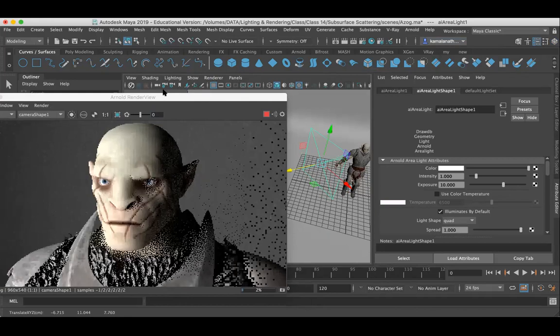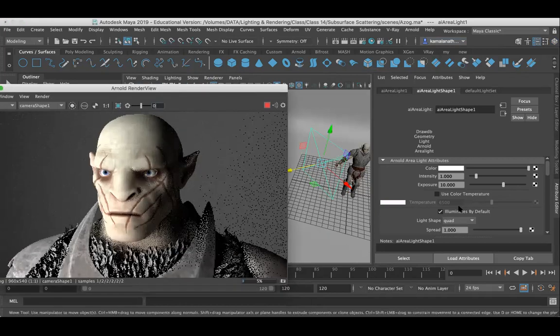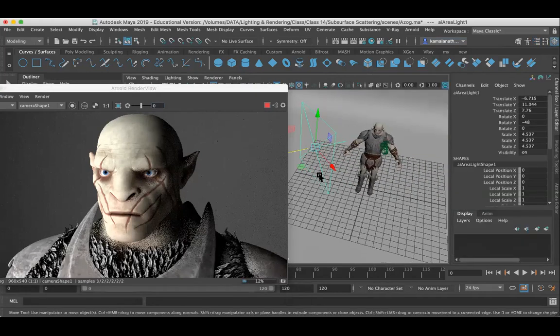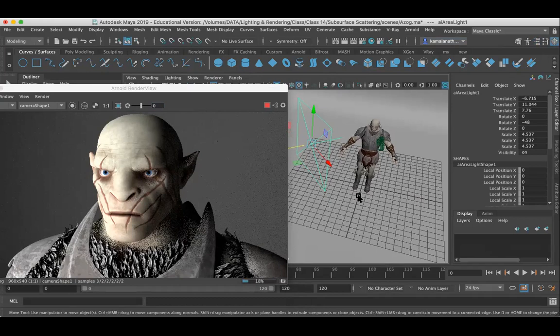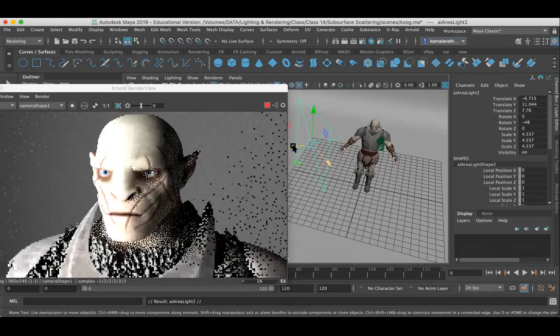Yeah, this light is fine. If I need, I can tweak it later. Now I want to duplicate my area light and move it to the other side.